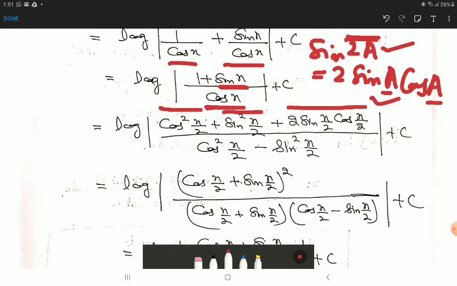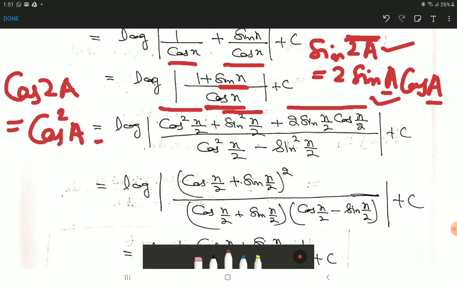Similarly, in denominator cos x, here I will be using the formula cos 2a is equal to cos square a minus sin square a. You can say this is not 2a. 2a is just for representation. This actually angle is halved. So if the original quantity is a, final will become a by 2. Angle is to be halved. If original is 4a, final will become 2a. If on the left hand side angle is 1000a, on right hand side it will become 500a. So cos x means cos square half the angle minus sin square half the angle. Hope you might have got it.